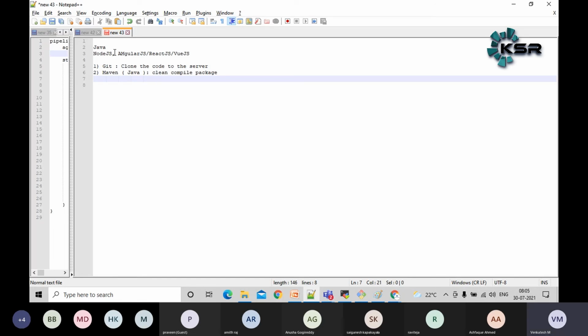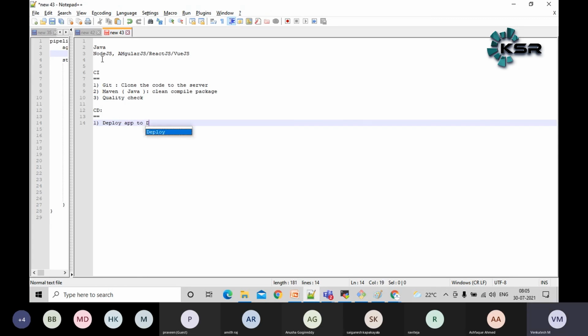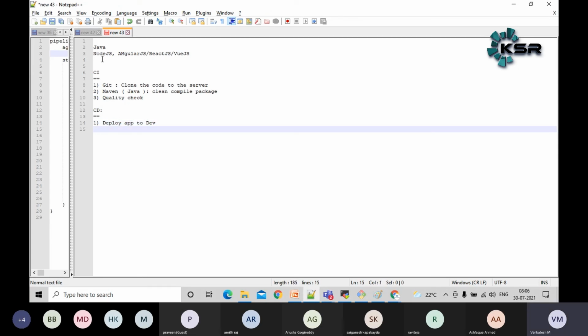Once this part is completed, we're going to deploy the app. If you want, we can also do the SonarQube quality check here. Up to here, this is all the CI part. Currently, I am only covering the CI part. In the CD part, it will deploy the actual app. Deploy the app to the dev account. If it is successful, then we can go further. Deploy the app to the test account, something like this, guys. Then it will go to staging, production.